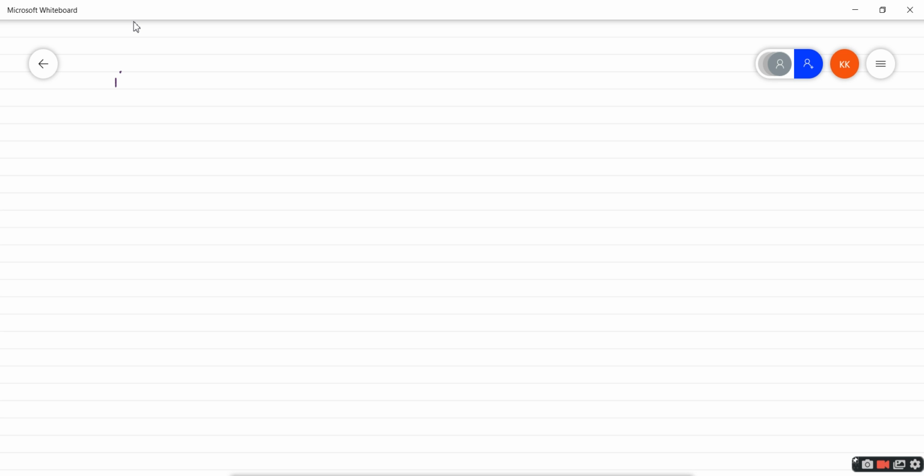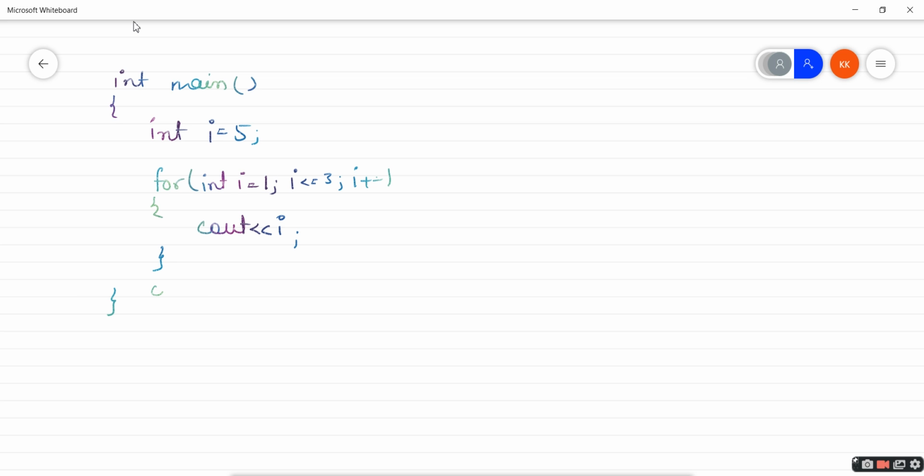Let me write int main, int i equals 5, and then for int i equals 1, i less than or equal to 3, i plus plus, and inside this I will print cout i, and here I will write cout i.